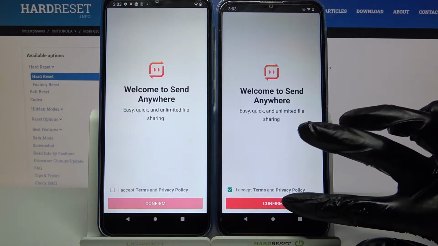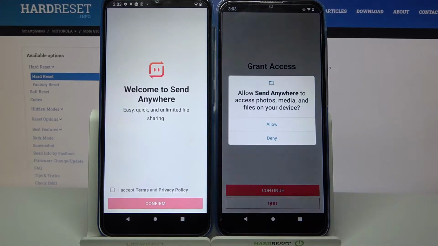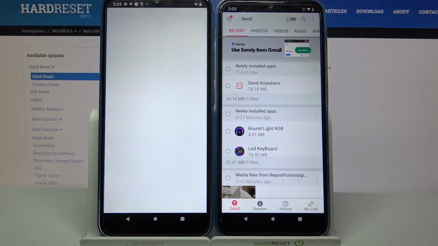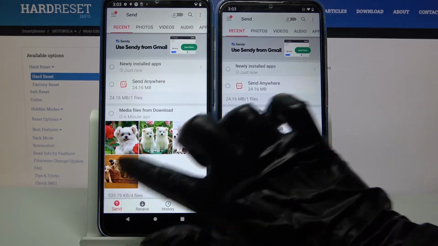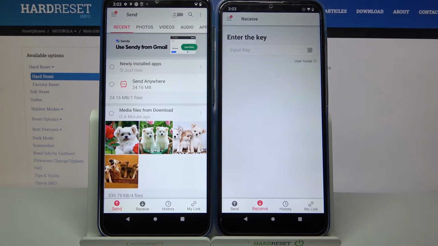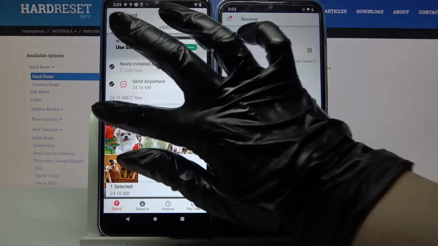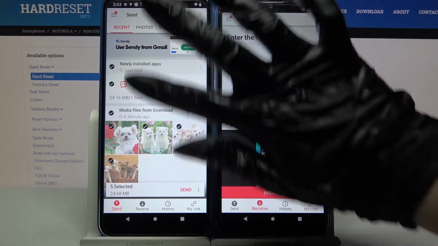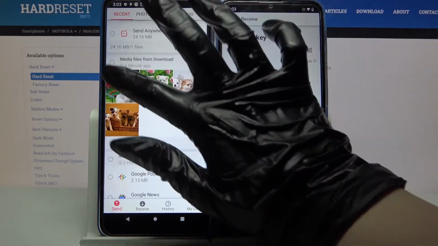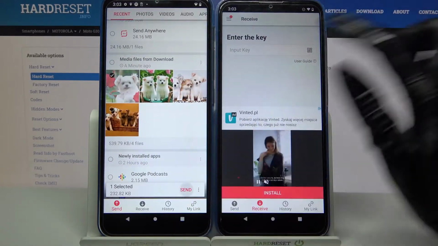Click I accept, choose confirm, then click on continue and select allow. You want to go with send on this Motorola device and receive on Motorola Moto G30. Then you need to tap on all of those dots and click send to send all of your files. But it will take some time, so I will only click on this one photo, select send and tap on